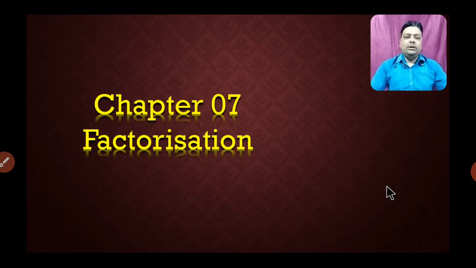And students, in the previous class we have already discussed how to factorize any expression by using the identity a square minus b square. And today we will discuss how to factorize any expression by using another identity. Which identity will we use? We will see in the chapter. Okay. Now here you can see at first.